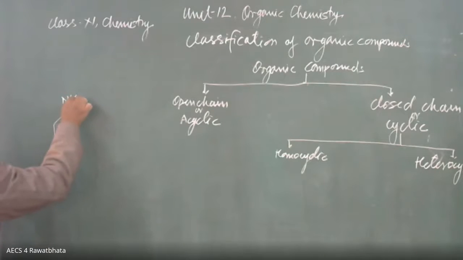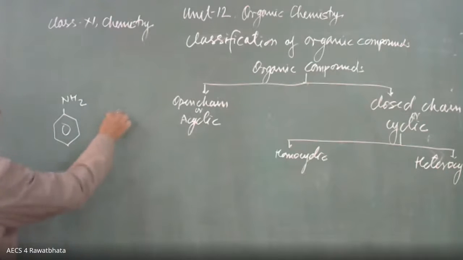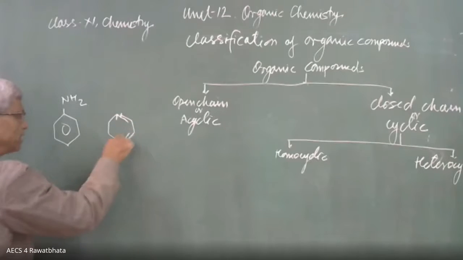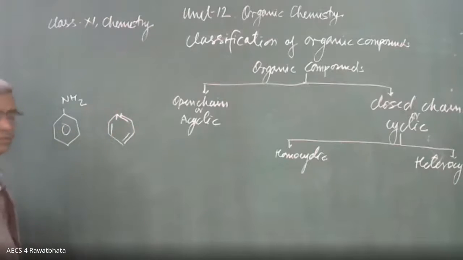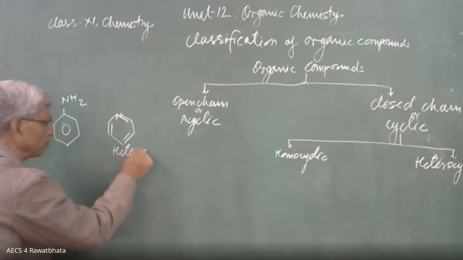This compound is NH2. It is called homocyclic because this cycle has only carbon atoms. Nitrogen is there, but this nitrogen is outside the carbon cycle. It is referred to as homocyclic. And the same compound, if written like this, here nitrogen is inside with alternate double bonds, maybe we can make a cycle also, like this. They are not isomers. Take care, hydrogen atoms are different. Here nitrogen is present within the cycle.